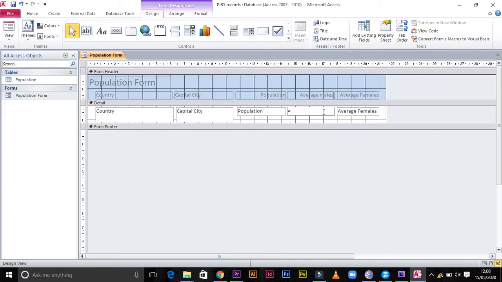So you just write equal sign, then you open square brackets, then you write population the way it is, population, then you close your square bracket, minus square bracket average males, then you close your bracket.